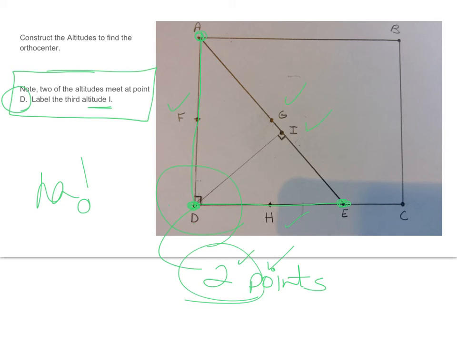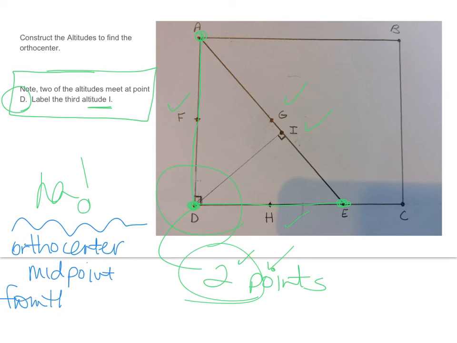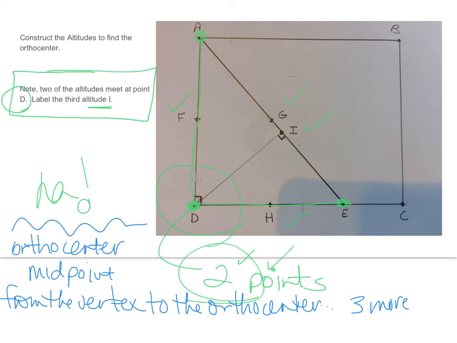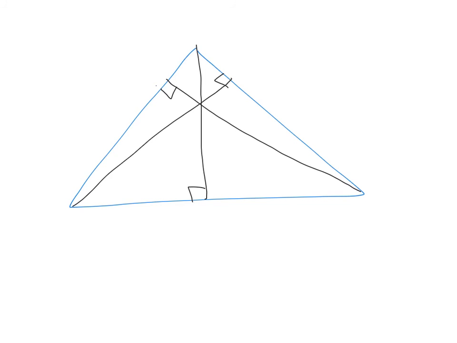It's important to point out at this point we found the orthocenter, and then we found the midpoint from the vertex to the orthocenter. And this found our 3 more points, right? I'll show you. If you remember, on yesterday's lesson, we did, this will be just really basically drawn, altitude, altitude, altitude, and then we found the midpoint from the vertex to the orthocenter of each point. And that gave us 3 more points of our circle,